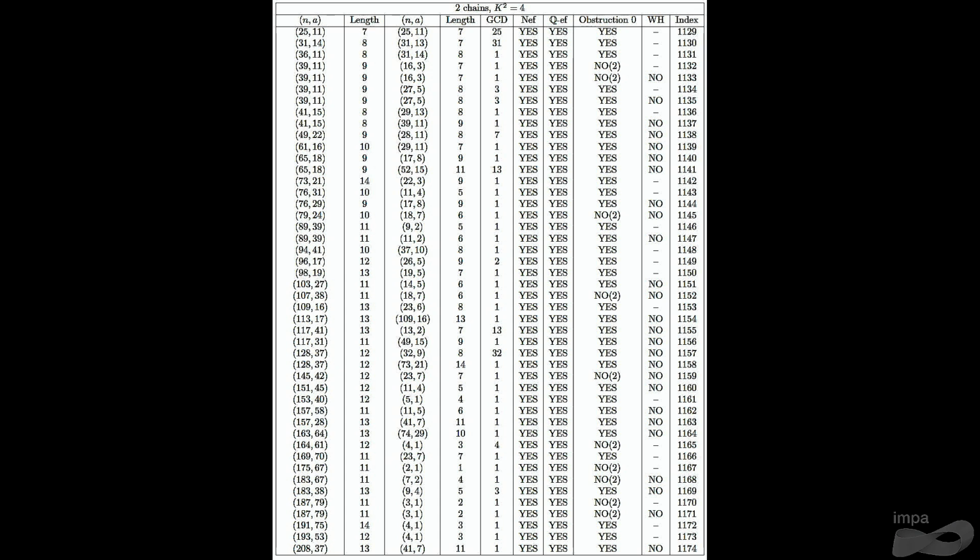And this is the kind of list that the computer produces. For example, one line is one example. And here it is giving you like 2 Wahl singularities. There you have the N and the A, the N and the A. And then it's checking that the canonical class is nef, Q effective, obstruction, and all those. And if you want to look at the example, you put this number, and there is another program that gives you the picture, how to do it. But we don't have a systematic recipe. Okay, I'm over. Let's take